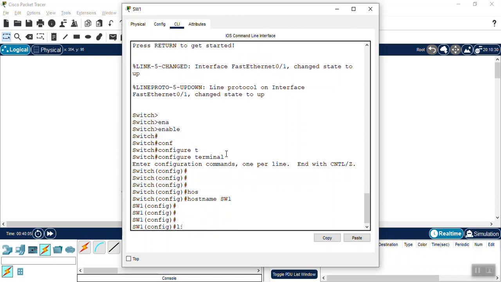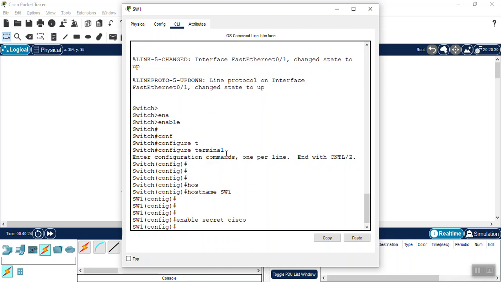Then we configure the enable password. That is the encrypted password, so we are using the secret command here, with the same password, Cisco.